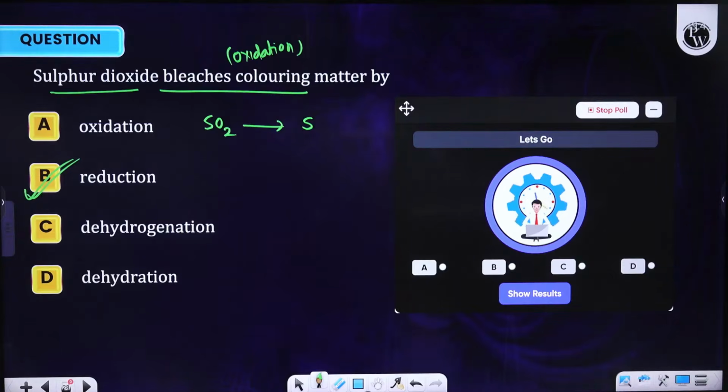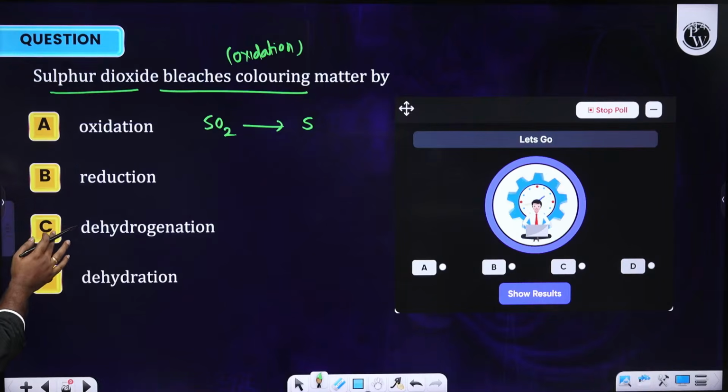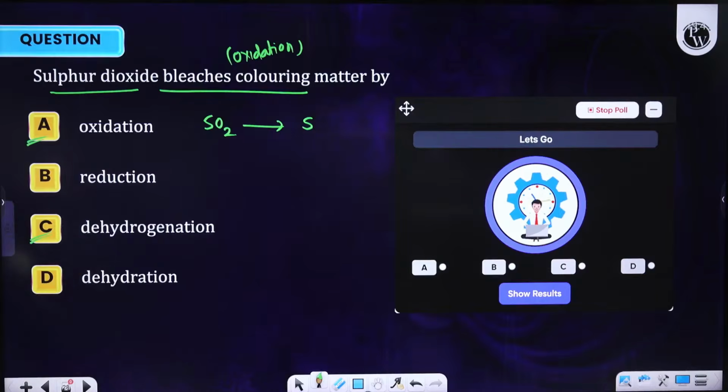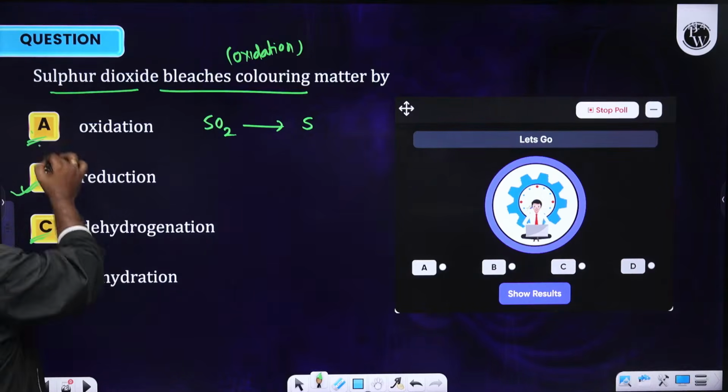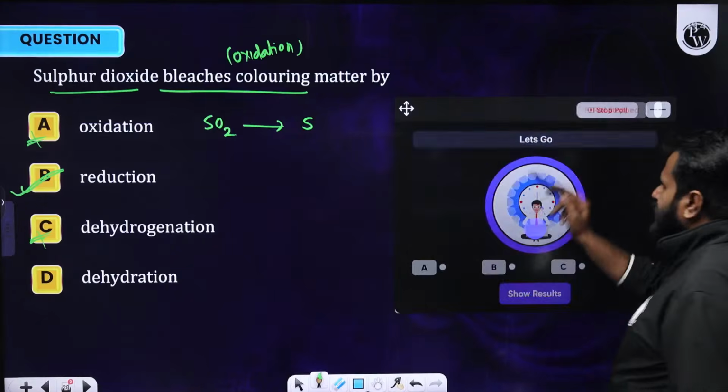Once again, it is undergoing reduction. That means oxidation, dehydrogenation, both are the same, no? Dehydrogenation means removal of hydrogen, and removal of hydrogen is nothing but oxidation. A and C? I think B only. They are asking about sulfur dioxide only, right? By undergoing reduction only, no doubt. So option B is the